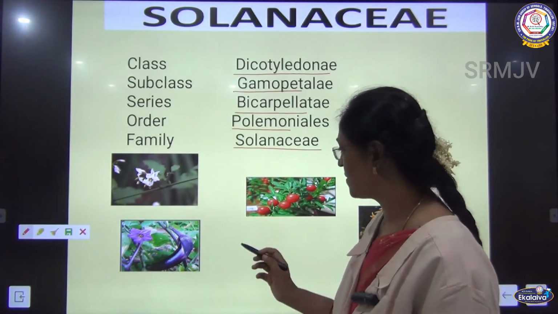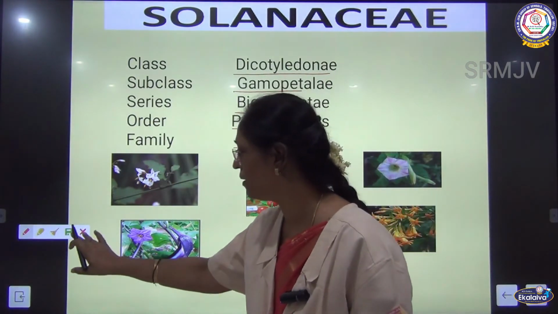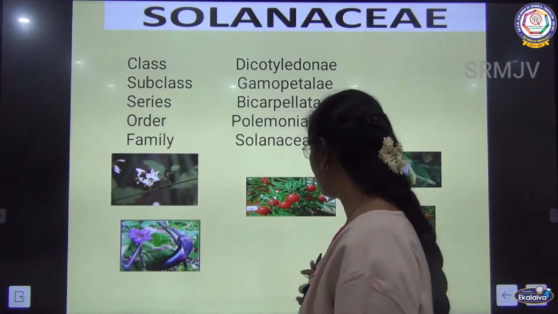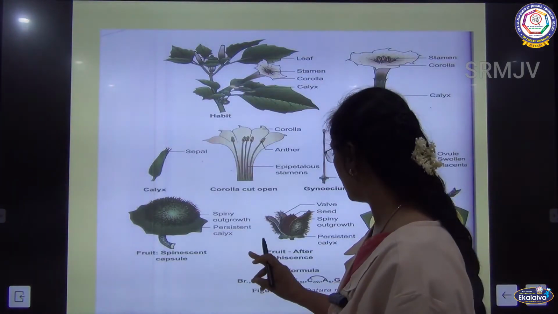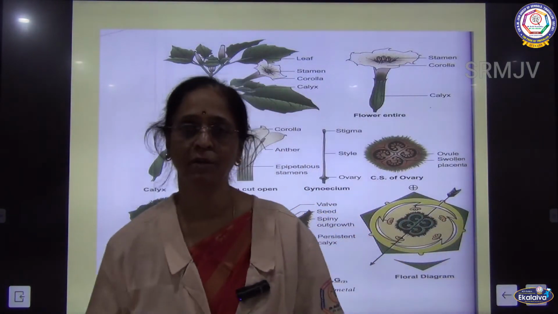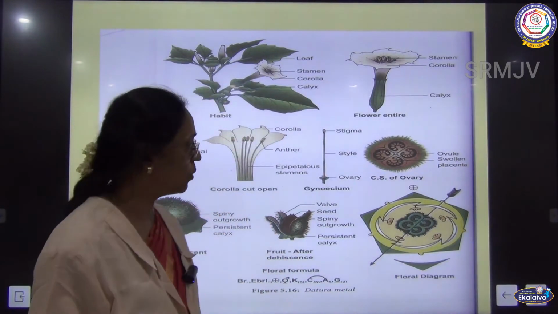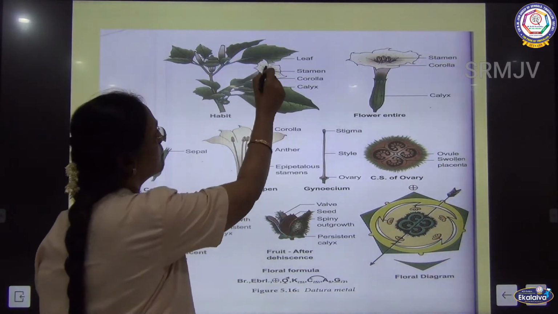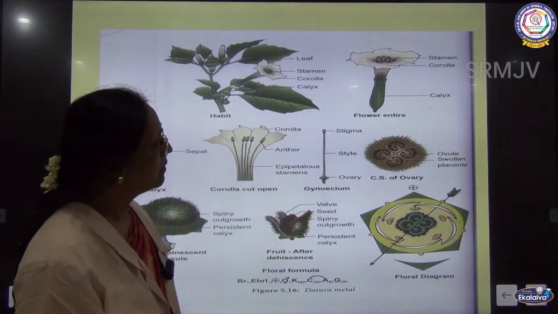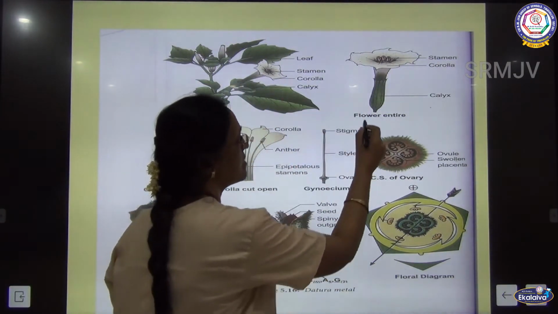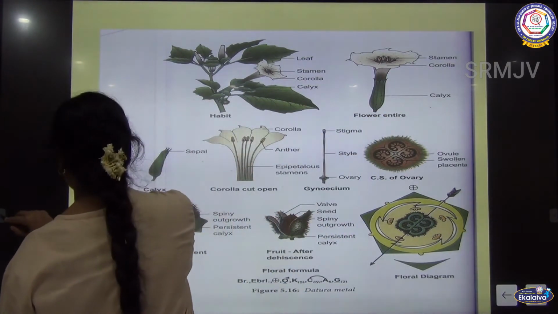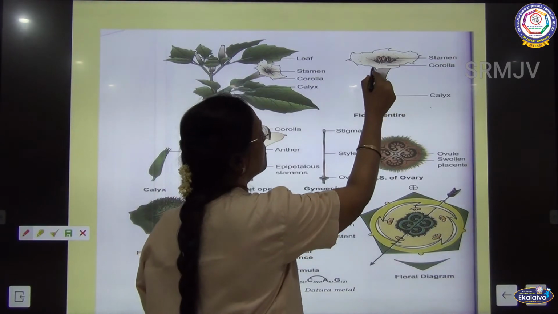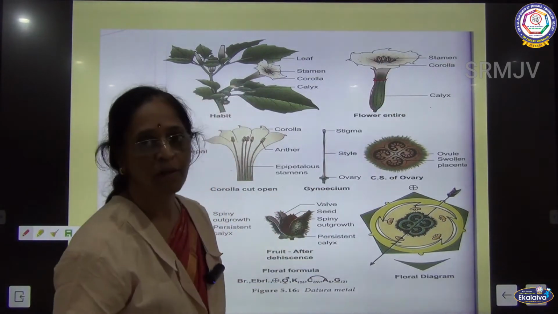So, you can see some of the examples here: tomato, brinjal, tobacco, all belong to this family. Now, an example, one is Datura metel, that is Umatangapu. What you see is, this is the habit. You can see the white campanulate flower which is there. So, here you can find that the sepals are also fused. The sepals are fused and the petals are also fused.